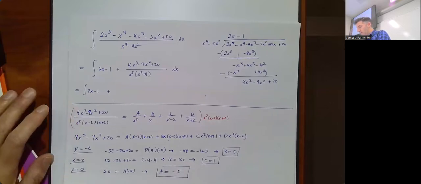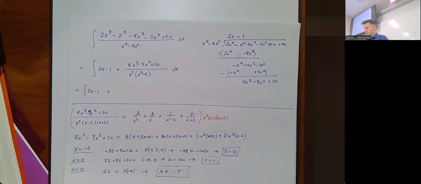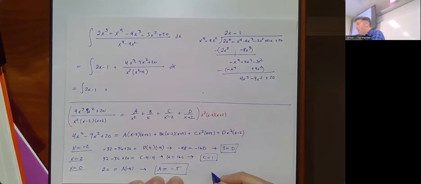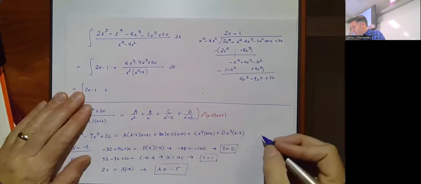Okay, I'm left with needing to find b. So here's what I would typically do. I would equate some coefficients. Specifically, I would pick the highest power of x that I see on either side, which, if I multiply out the right-hand side, or if I look at the left-hand side, is going to be x cubed. So I'm going to equate the coefficients of x cubed, assuming that b is going to come up in that. If you can see that the thing you're looking for is not going to come up in that, pick something else. But if we look at x cubed,